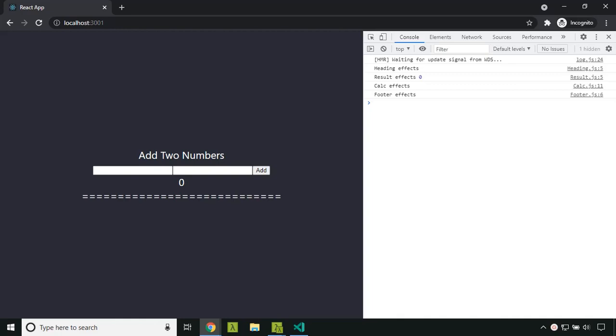Hope you were able to get a good understanding of the changes that happened to the Suspense API in React 18, and also get a better understanding of the new feature SuspenseList.